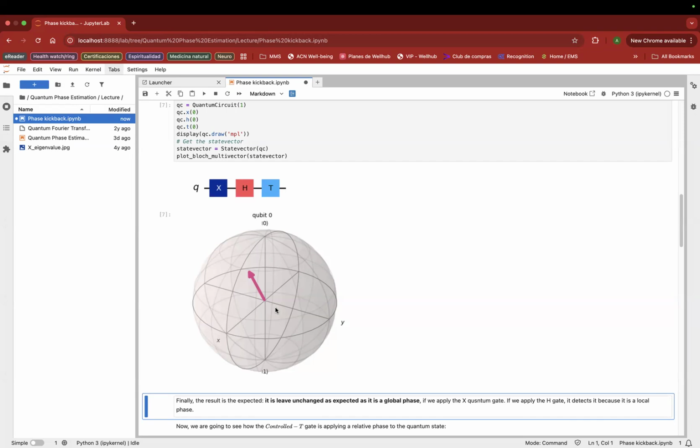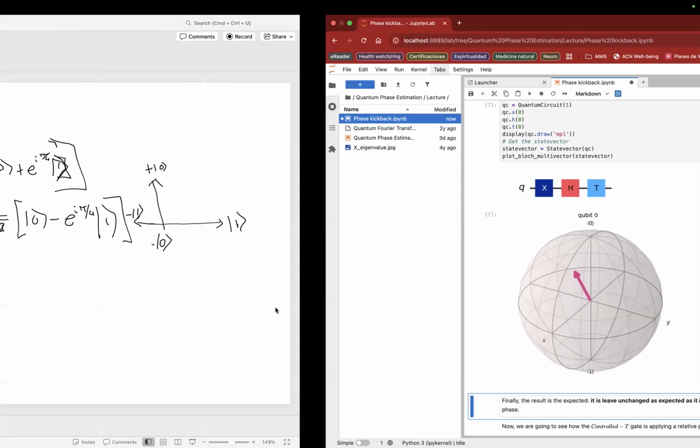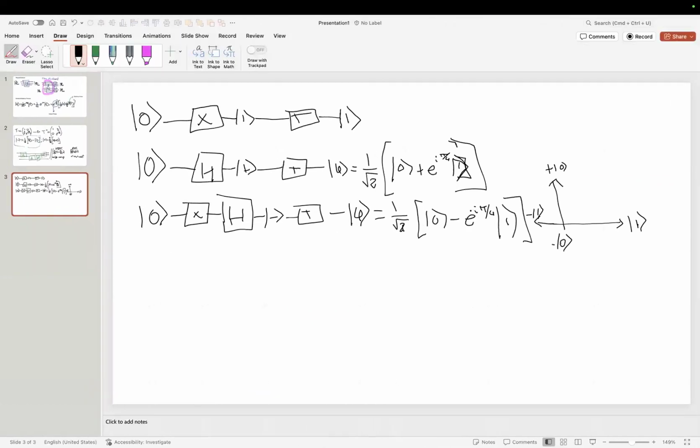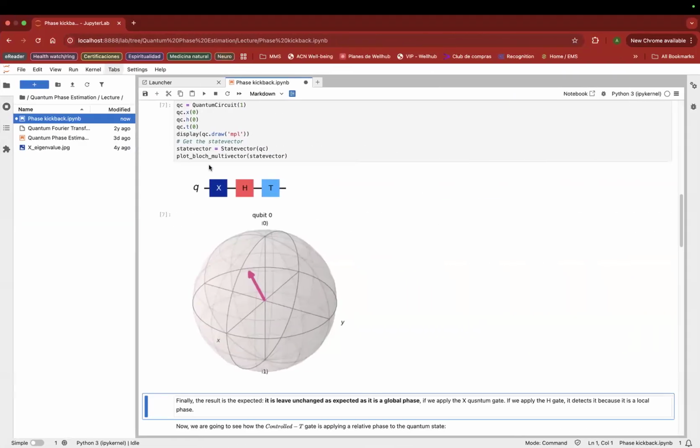Yeah, I need to remember a bit of the Bloch sphere in my case. I was thinking that it was not going to change, because if we put a minus here, applying the T dagger rather than the T, it is going to change. What would not change is the real solution, because this is the Bloch state vector, but you will never be able to get this from a real quantum computer, because a real quantum computer only gives you the counts. When you measure, you destroy the quantum effects and get a classical result.